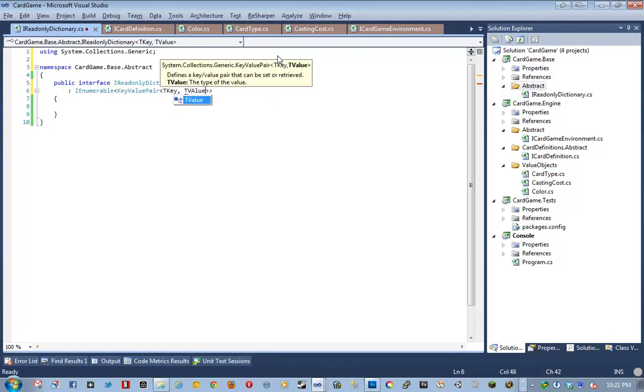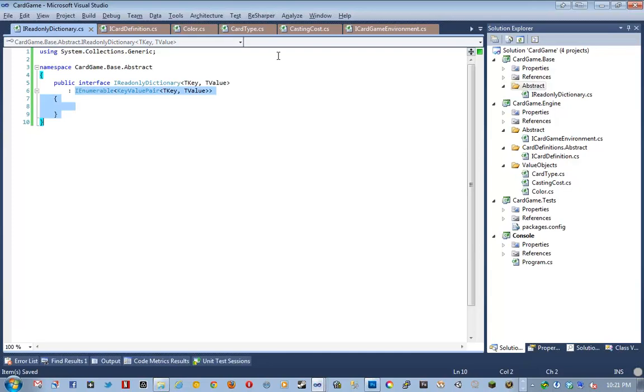It's going to be T key, T value for our generic arguments. So it's just going to implement IEnumerable of key value pair T key, T value. This opens up some neat LINQ stuff. I don't want to inherit or implement IDictionary, because IDictionary actually has methods for things like add and remove and clear. And while I'm not forced to implement those methods in my own read-only dictionary, the fact that they're there just seems really ugly to me. So instead, I'm just going to implement the